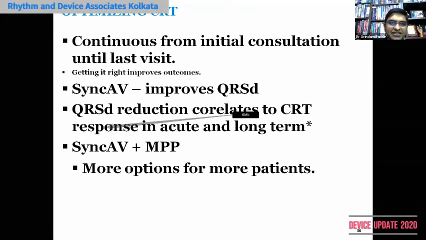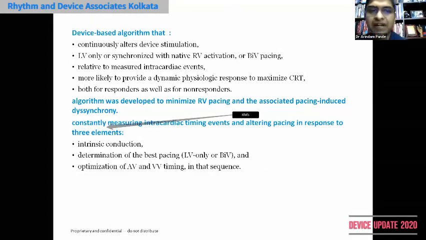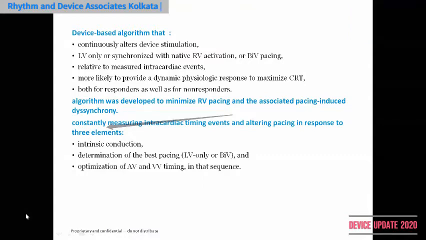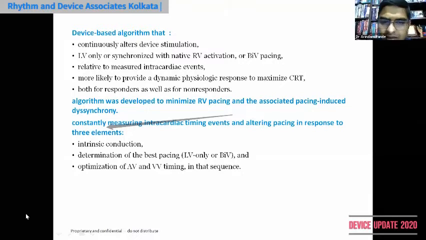Now, adaptive CRT, this is another algorithm from Medtronic. This is also based on the fact that chronic RV pacing is not good. So adaptive CRT similarly calculates the AV delay, and actually it utilizes the intrinsic conduction from the natural conducting site, and then it creates a fusion from the LV, left ventricular lead. But there is a very important limitation of adaptive CRT.